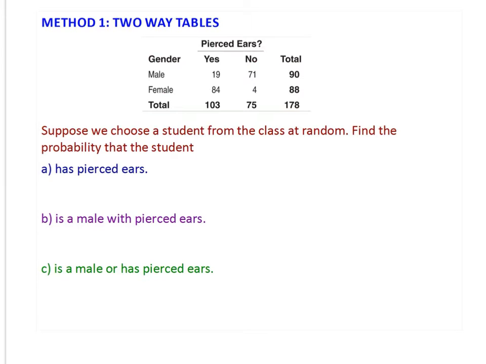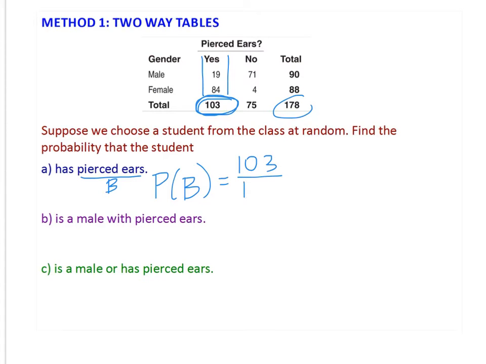A. It says, what's the probability that a student has pierced ears? Well, if I'm looking for probabilities, let me define having pierced ears as event B. Let's just call that event B. So if I want to know the probability of B, that would be looking at everyone who has pierced ears, so everyone in the yes, I have pierced ears column, divided by the total number of people. So I would do 103 divided by 178, and that would give me